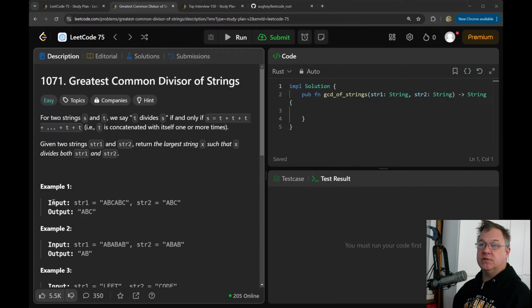So let's go ahead and implement this: pub fn solve GCD. What do we call this? Stir1 and stir2.